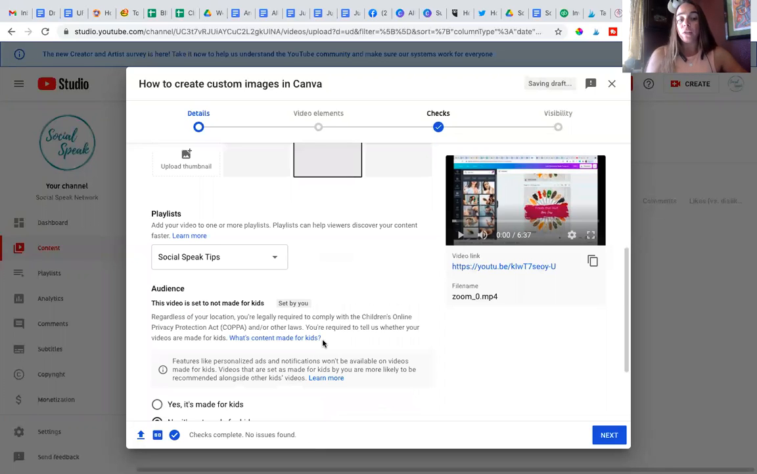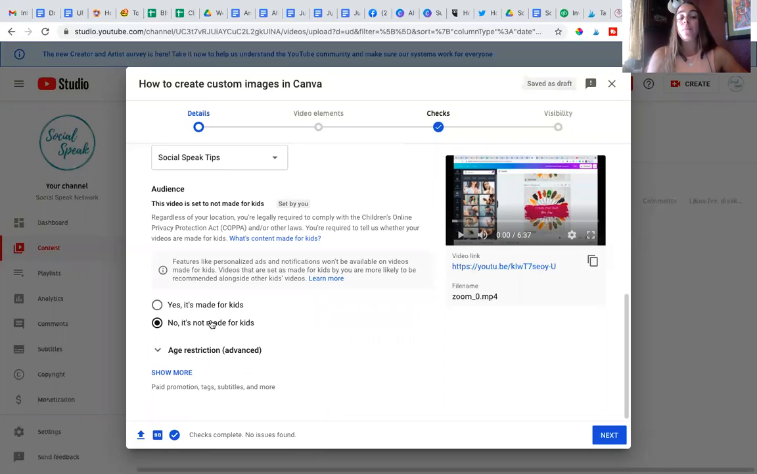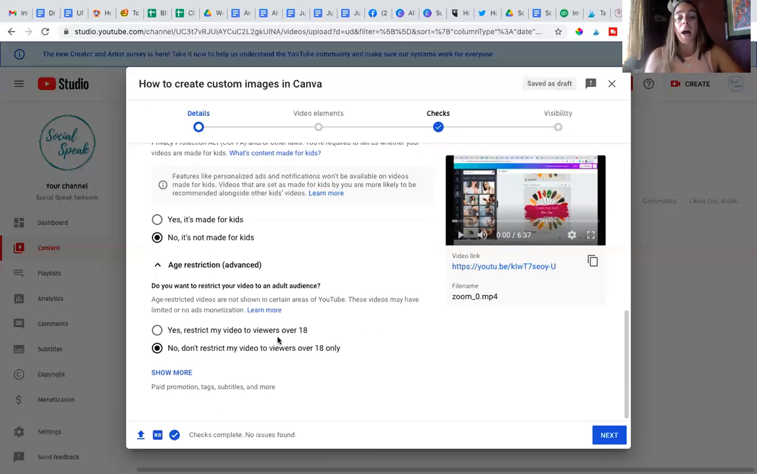Now what you want to come down and do is, this is where it asks if it's made for kids or not. If it says yes, it's made for kids, then kids that have access to YouTube Kids, and for whatever reason were to type in something similar to what your video is talking about, your video could show up in YouTube Kids. So even though there's nothing wrong with this video, it's a great tutorial, I'm going to say it's not made for kids because they don't need to know this. You could do an age restriction if you need to, but I just say no, not made for kids,